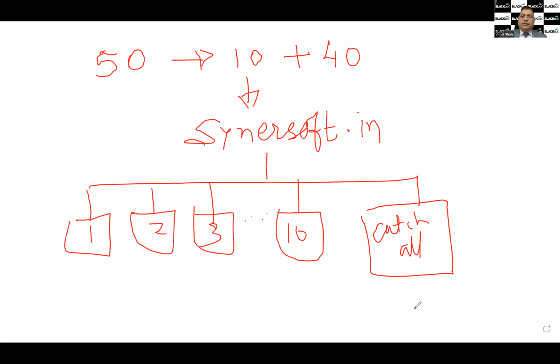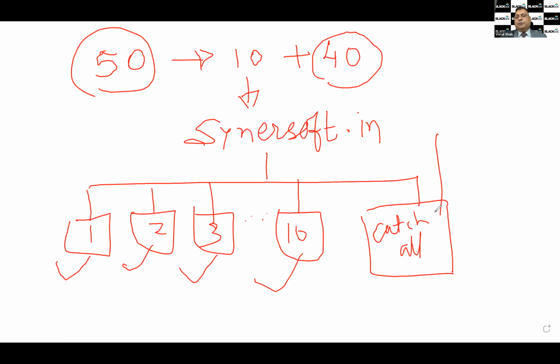Now, all the emails coming to these total 50 users will be accepted by your O365 or Microsoft email hosting or Google email hosting service. If those emails belong to these 10 users, they will be placed in their mailboxes. And if they belong to these 40 users, they will land in this particular catch-all account.